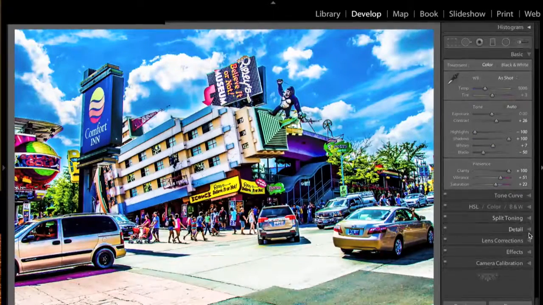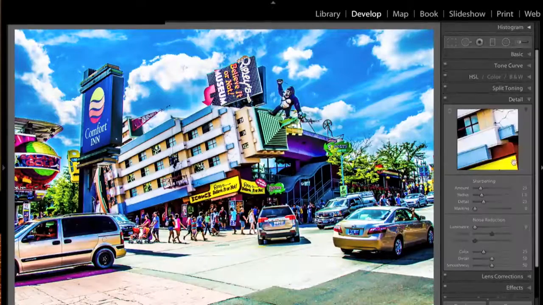Typically now I'd go down to the detail panel, and I'm going to add some sharpening, and I'm just going to do what I call my quick and dirty sharpening. I turn the amount up into the 70s, and then I go to the noise reduction and I turn that up into the 40s, and that usually gets you right in the ballpark. You could watch my episode on sharpening and noise reduction. I believe it was episode 5, and I go into detail of how you could set these more